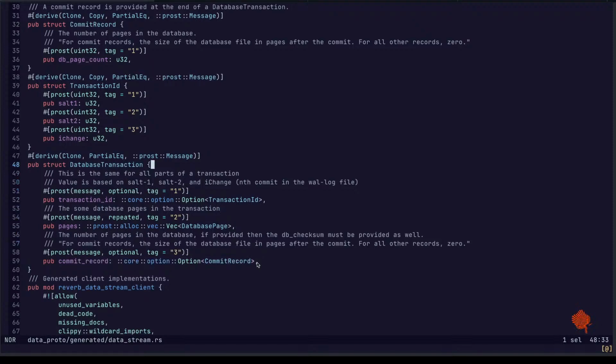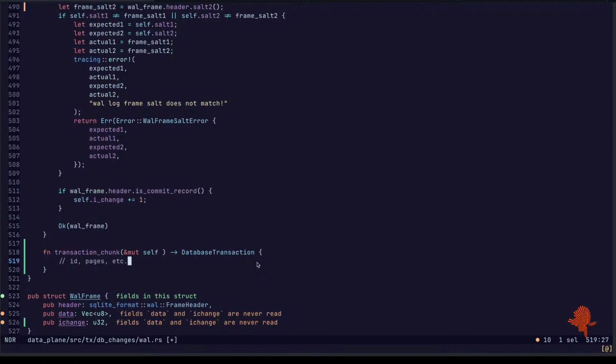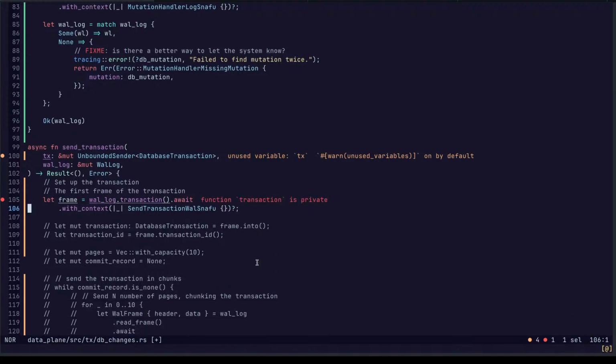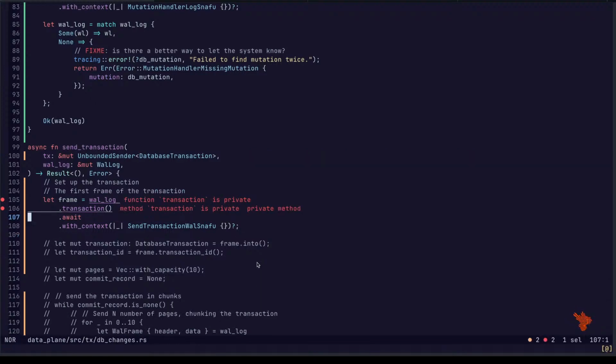In which case, we just need this transaction. So we will ask the wall log for transaction. Something like so.